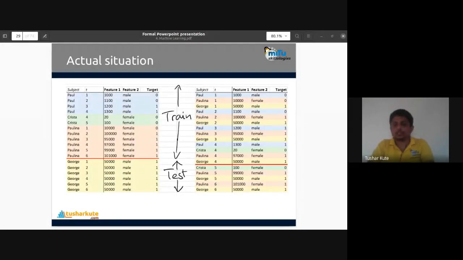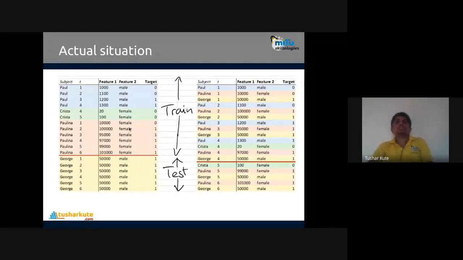Okay, see this. What do we actually do? We divide the data into training and testing. Randomly, 75% goes to training. This is the X train data, the input, and along with it Y is also there. We are creating the algorithm on training data, which means the algorithm knows the training data, and based on it the algorithm has learned things. It can learn many things on the training data.